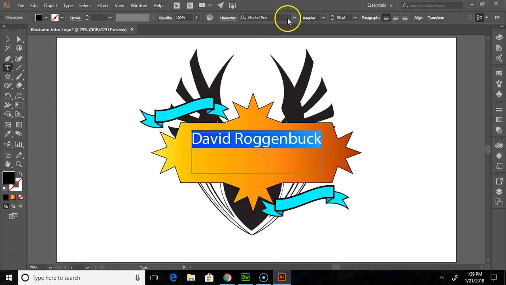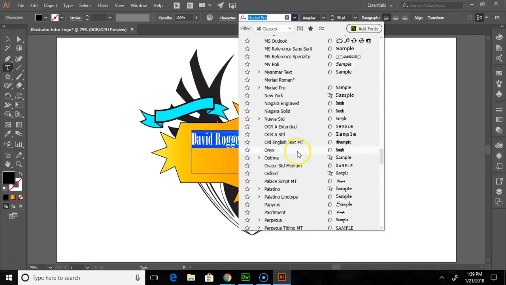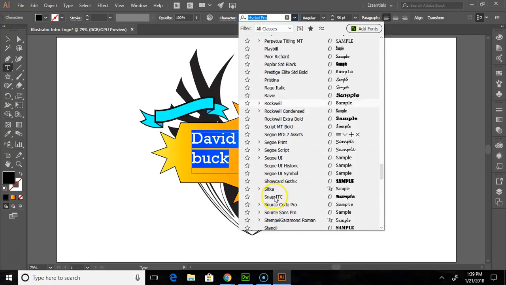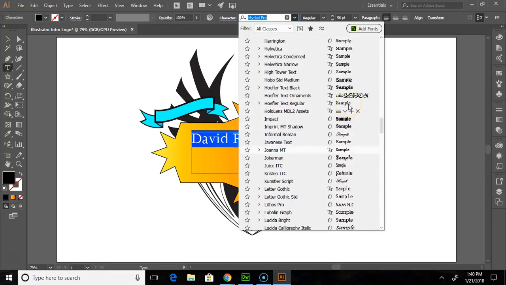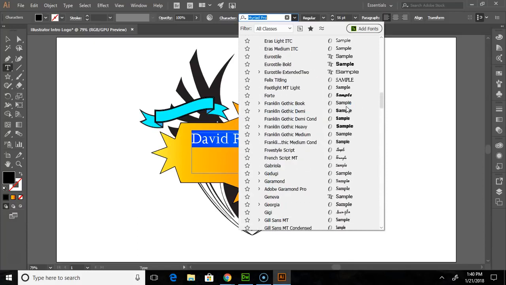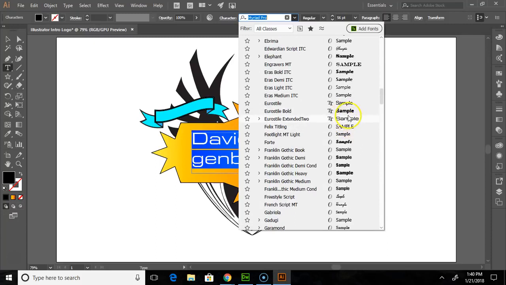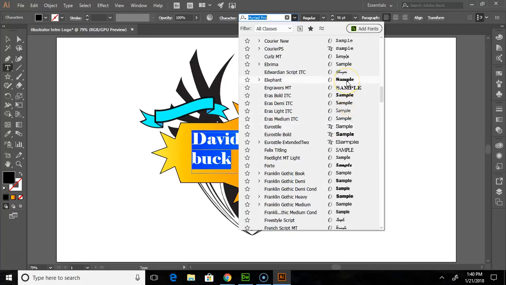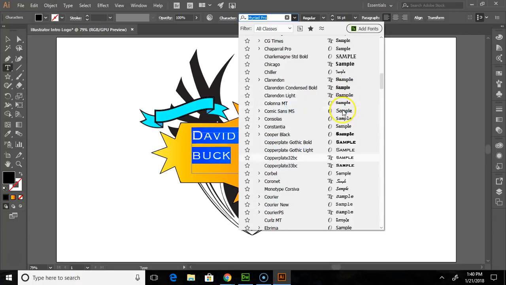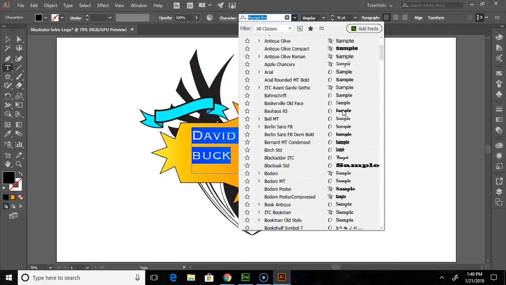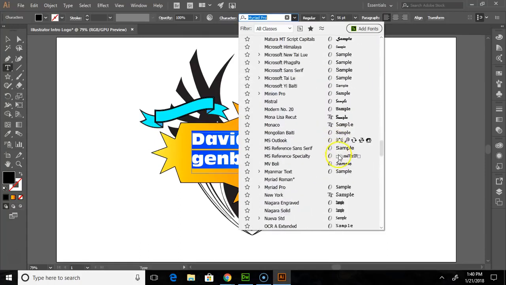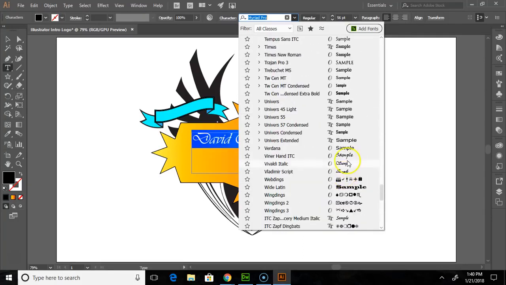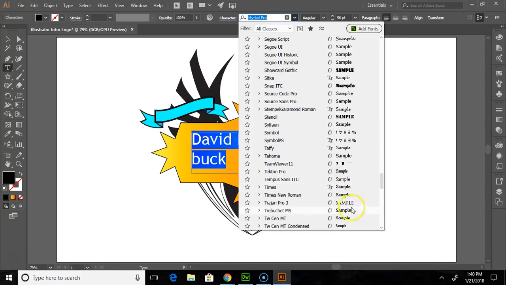Then I want to choose a font to make this look nice and presentable. By default, this is on Myriad Pro, but I don't want Myriad Pro. Maybe I want something a little more presentable. You can see what the text will look like along the side here. I'm going to look for a font that is professional and will be viewable within the logo itself. You can look through all the different styles. If you don't have a particular font in your folder, it may just not be installed on your computer. So for our purposes,